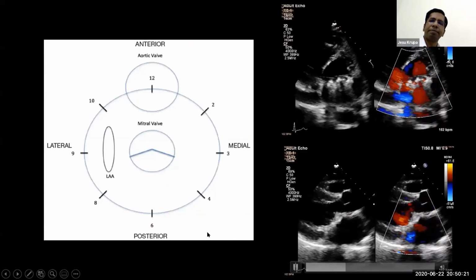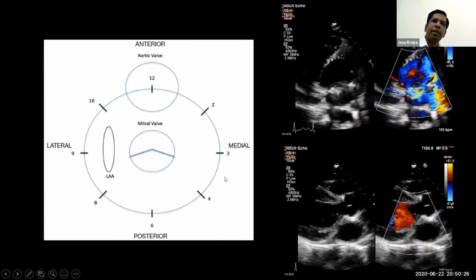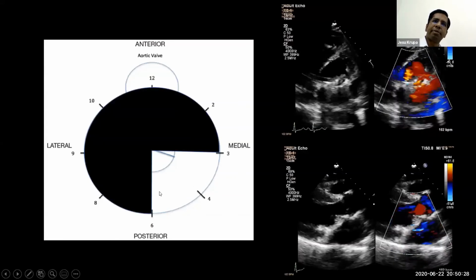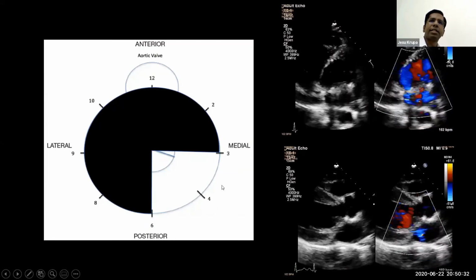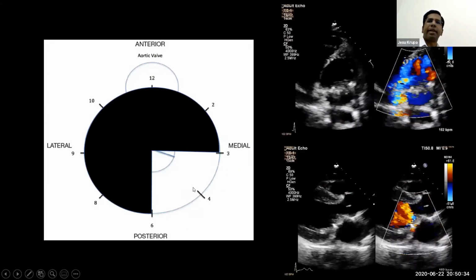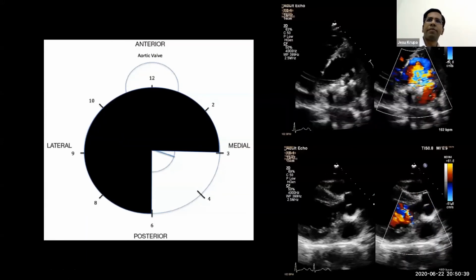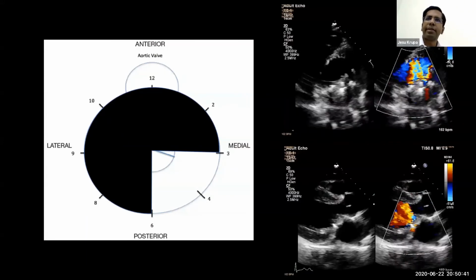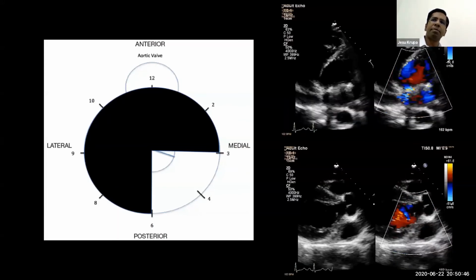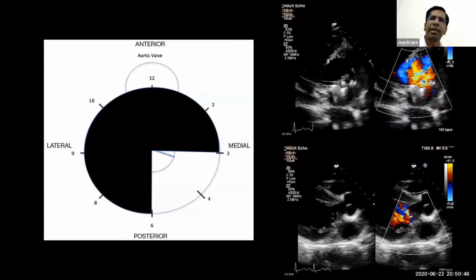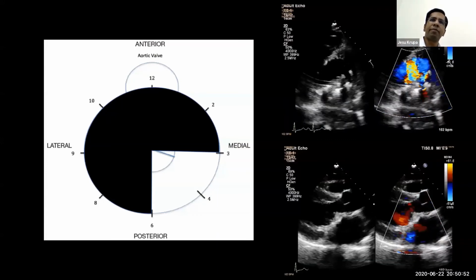So by this, I can say that it is coming from somewhere in this particular sector. It is posterior, it is medial. So somewhere in this particular region would be my thing. I can get more details by taking more views. I would come very close to where the leak is likely to be. But this can be possible when we carefully interrogate the full annulus using unconventional and modified views,